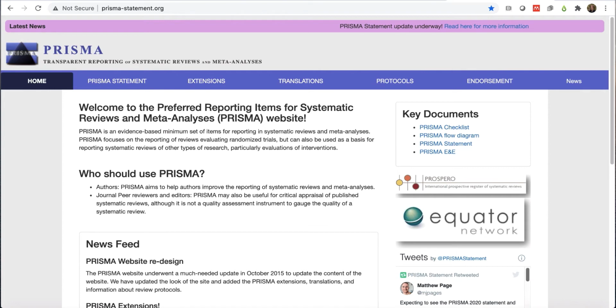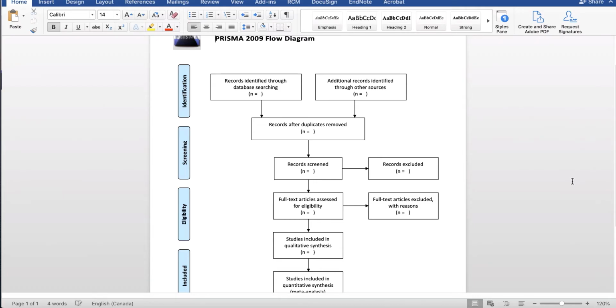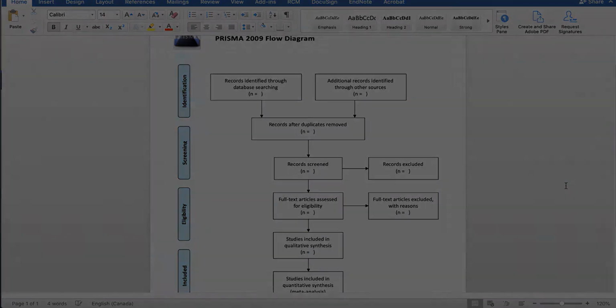Systematic review publications require the inclusion of a PRISMA flow diagram. The authors must document their process for identifying, screening, and selecting studies. This documentation includes the number of citations identified through searching, as well as the number of citations after the duplicates are removed. Using EndNote software for citation management will help you document your search and deduplication process in order to provide an accurate record of your methodology to include in your systematic review.